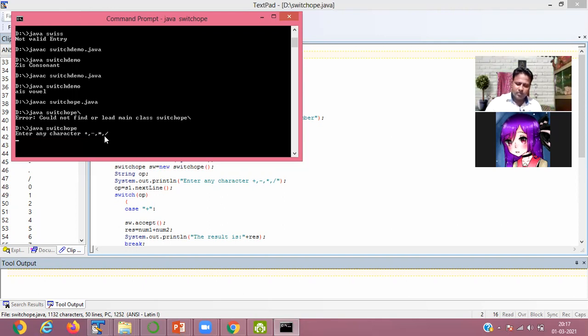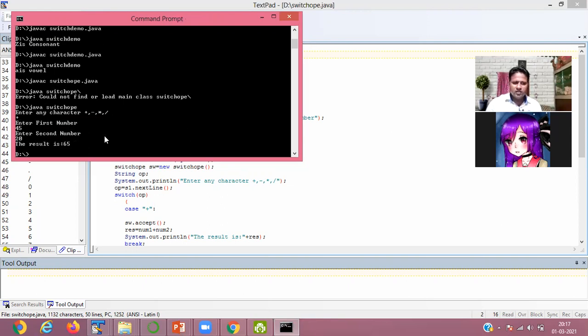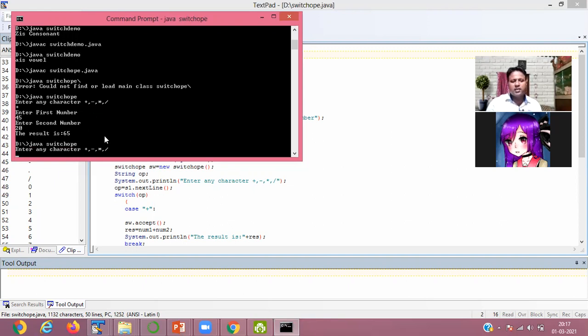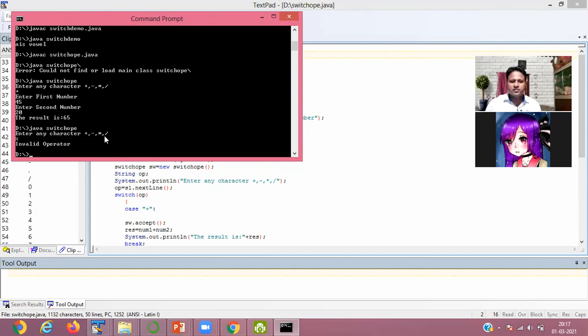Suppose I pass plus, enter first number 45, enter second number 20. That adds the numbers and shows the result. Again, when I execute, it asks me plus, minus, multiplication, division. If I pass modulo, then it shows an invalid operator.